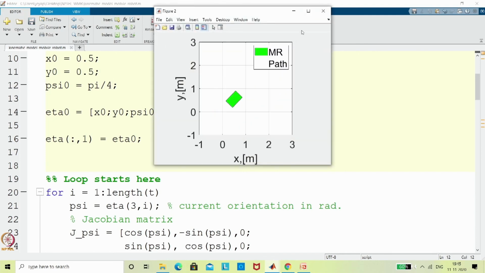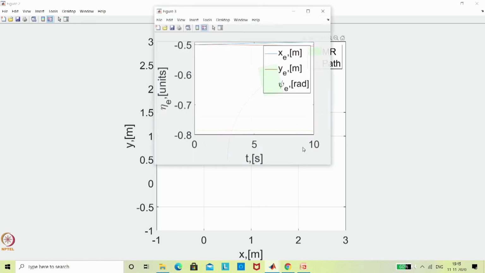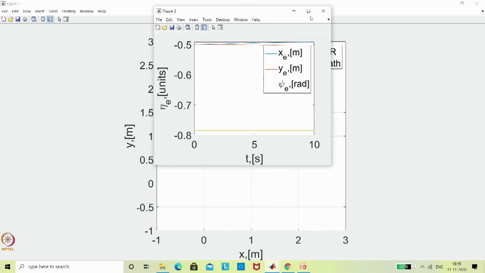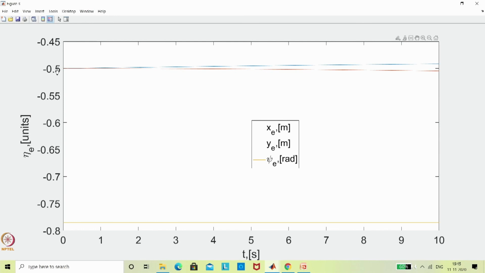That is the whole idea of talking about this inverse differential kinematics. The inverse differential kinematics is open loop control, not closed loop control. That is the intention of bringing this inverse differential kinematics into this kinematic simulation code. Now you can see that earlier it was different, but now it is totally different. And the error, which was supposed to start from 0, is starting from 0.5, right, and similarly this is starting from minus 45 degrees as the error. So now you have got clarity.